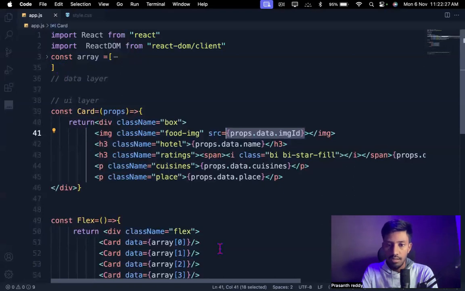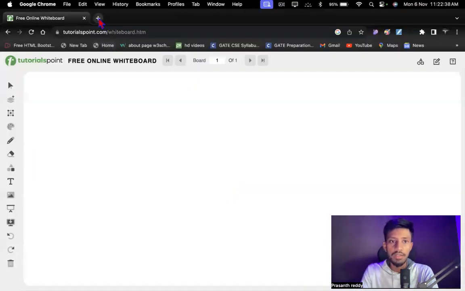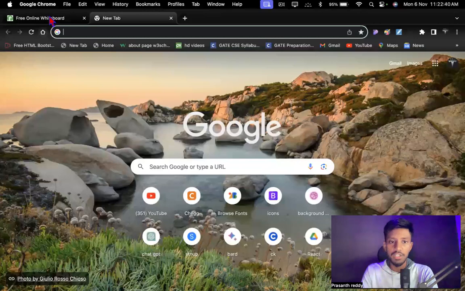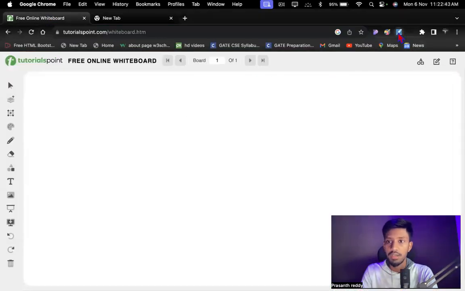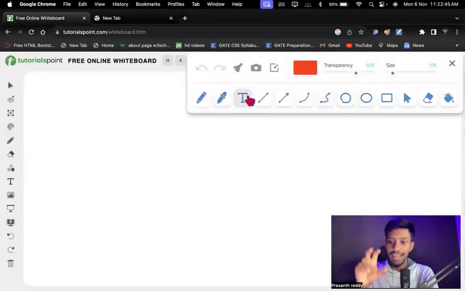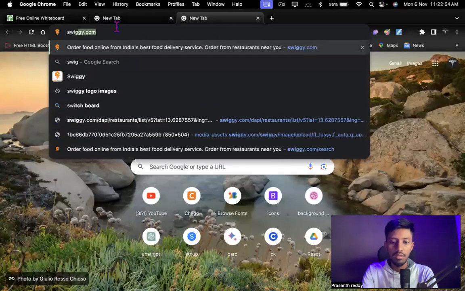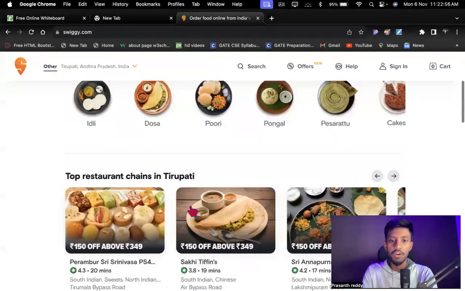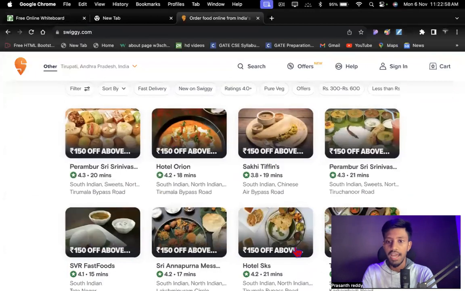Iyengar is asking, Prashant, in this Swiggy, what are the concepts we are going to discuss? See, when it comes to this Swiggy, guys, what are the concepts? First of all, let me go inside this. I will give you one step-by-step instruction, guys, on what we are going to discuss inside this Swiggy. I will tell you the task as well as the related concept, guys. First of all, we are going to build this Swiggy UI. So we are going to build this entire set of cards.